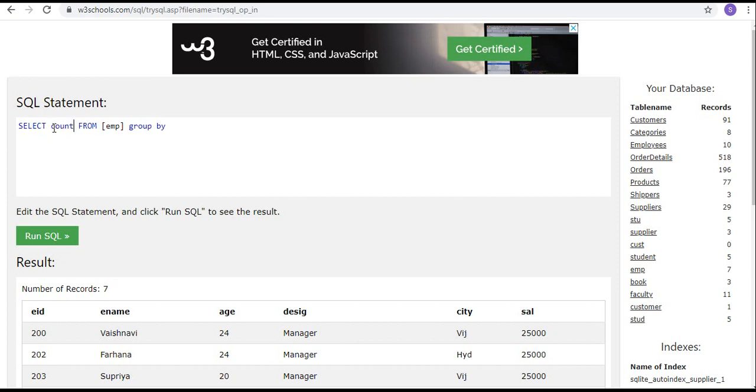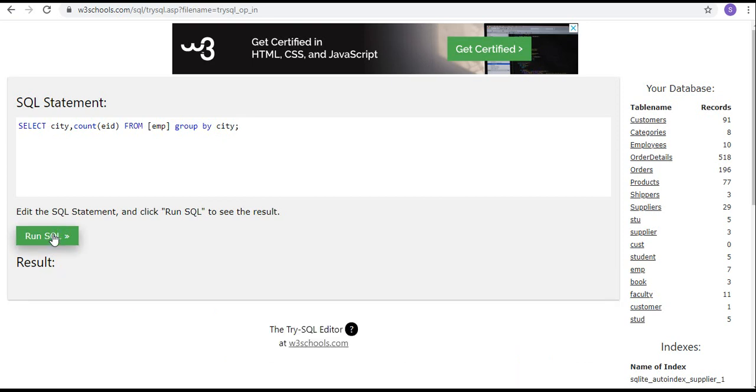So I am going with count of EID, city comma from EMP group by city.